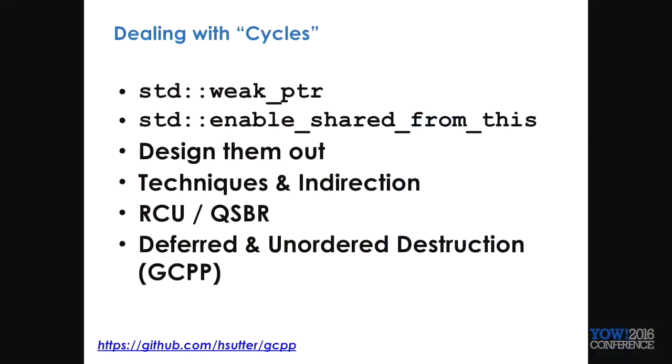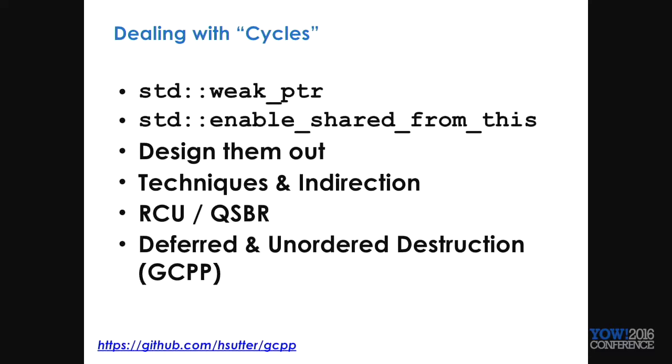It's a little tricky, right? It may or may not be easy to do, and you may end up doing it. Here's some of the ways that you can deal with it. One, weak pointer is a reference, but you can use it to validate if it's still a valid reference or not. There's something called enable_shared_from_this, which for certain types of cycles is a very easy way to deal with it. In other words, you can say the ownership is the actual object itself. And that can be then shared for a particular period of time or until it gets to a certain maturity or its lifetime. That can solve certain types of cycles.